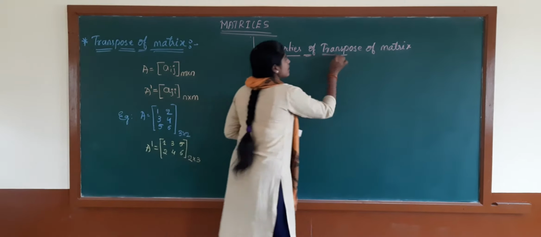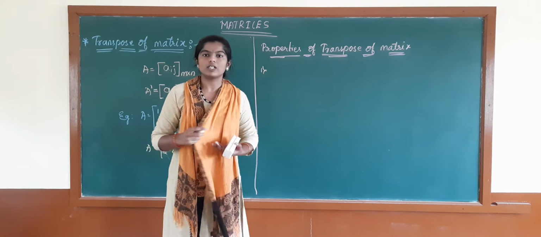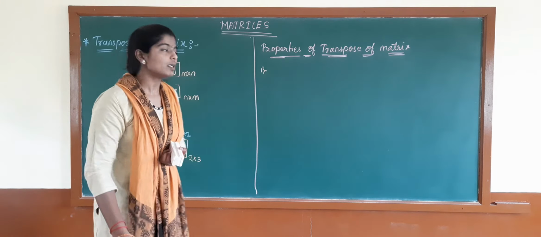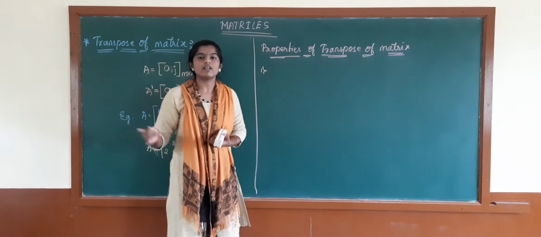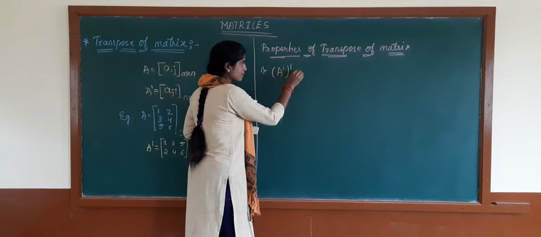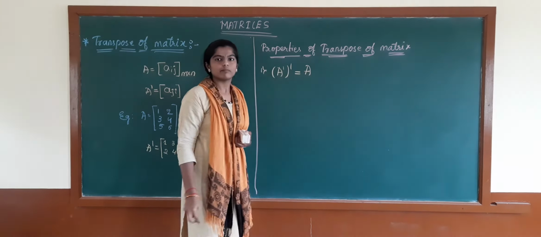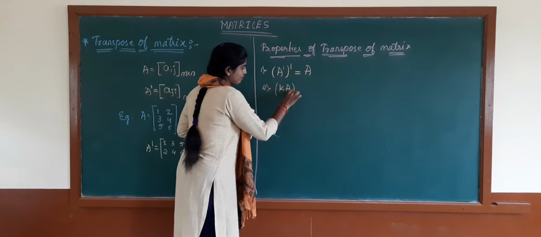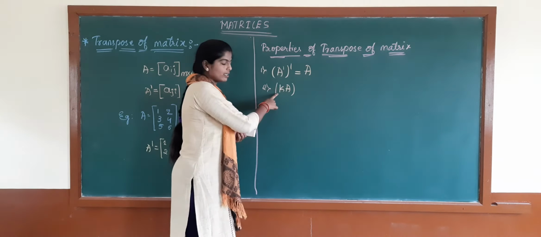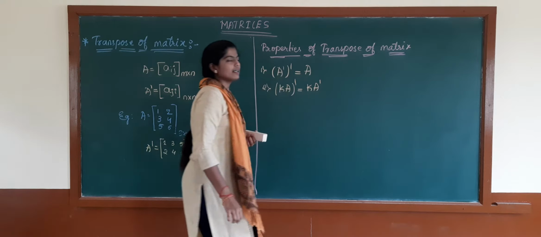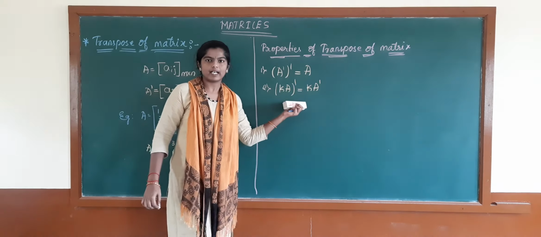We already know the properties of matrix addition, that is commutative, associative, existence of identity and existence of inverse. Similarly here also, some different properties are there. The first one is, A transpose of whole transpose, we will get again the same matrix. Then the second one is, if you multiply a matrix A with the scalar K and then transpose it, we have the matrix A transpose multiplied by the scalar K.